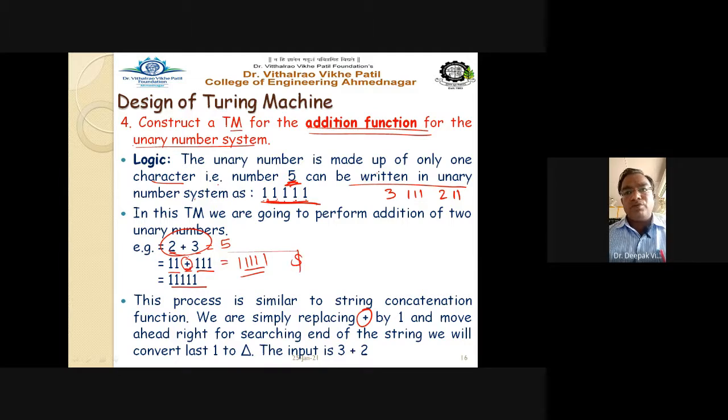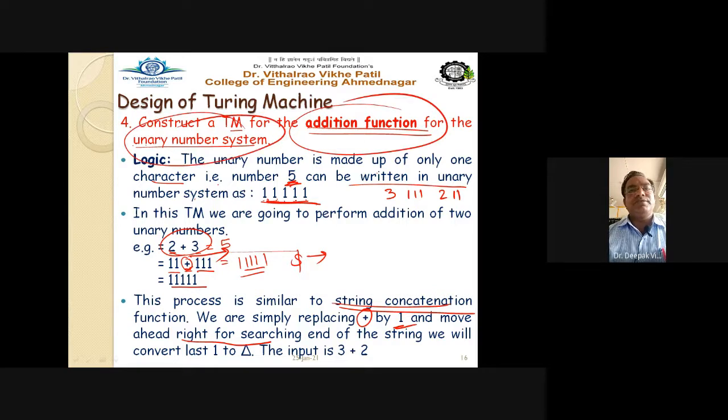That plus symbol is to be replaced by 1, and we move ahead to the right hand side. Just as we shifted our dollar symbol to the right to concatenate, the addition function of the unary number system is very similar to concatenation of two strings. Only the plus sign is there, and we shift it in the right hand side direction step by step.